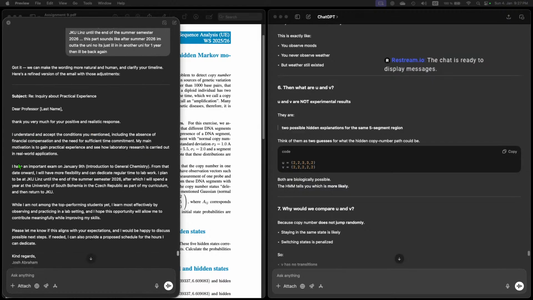I understand. I have an important exam, and from that date onwards, I have flexibility and can dedicate regular time to lab work. I plan to be at JQ Linz until the end of this. I will spend a year at the University as an instructor as part of my curriculum, then return to KU. While I'm not among the top performing students yet, I learn most efficiently by observing and practicing. I hope this opportunity will allow me to contribute meaningfully while improving my skills. Please let me know if this aligns with your expectations. I can also write a proposed video for